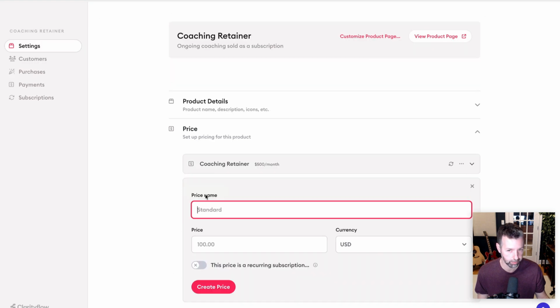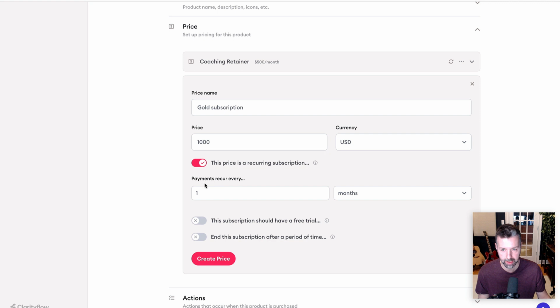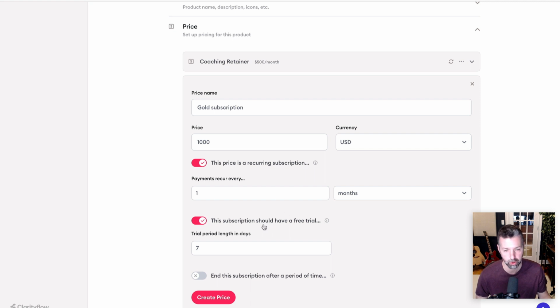You can even add multiple prices to the same product. When configuring your pricing, you can make it a recurring subscription. You can say payments should happen once a month or even once a week or even once a year. You could even have payments recur once every 2 weeks or once every 2 months. You can give a subscription price a trial period if you'd like, and you can set the number of days,